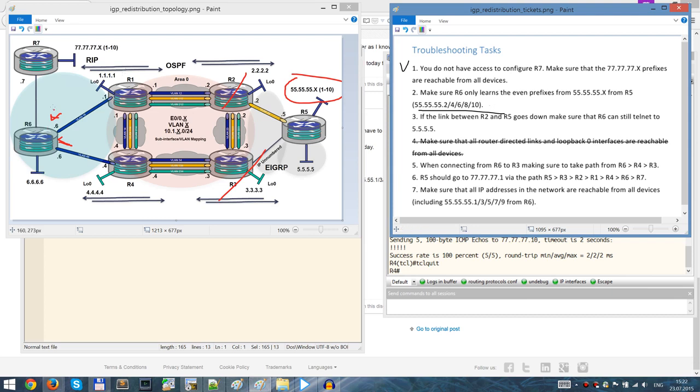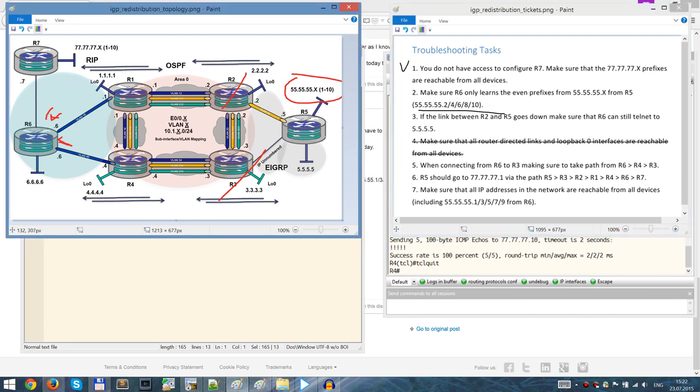Okay, we could do it with a distribute list here using an access list or prefix list. We can do it here on the redistribution boundary. If we redistribute here, we will call a route map and also exclude these prefixes. So I will probably do it on R6 via distribute list